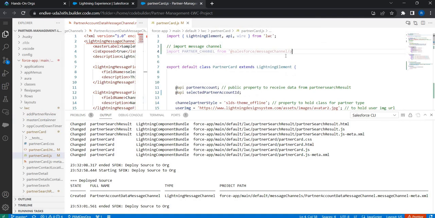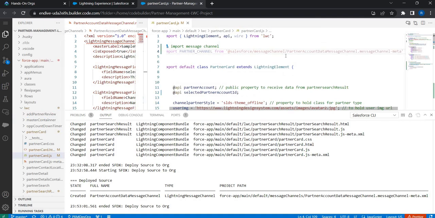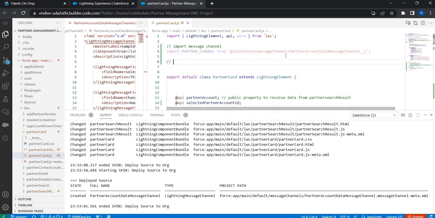We'll simply paste this one, and we don't need this extension. As I said, this is nothing but custom metadata back in our org. Any custom objects or custom metadata will have the suffix __c. Ensure that that is also included. The name of the channel followed by __c. That's all. And the next one is to import